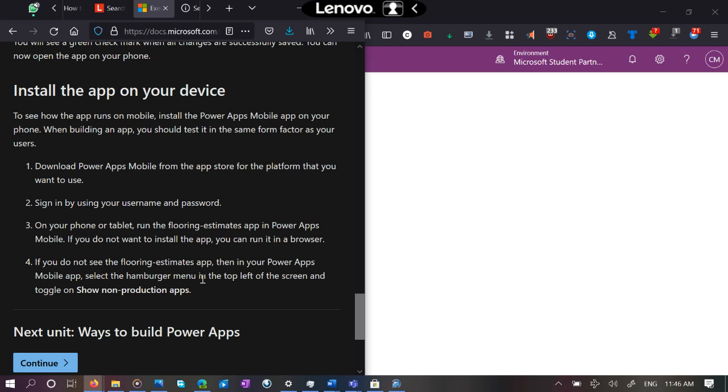If you do not want to install the app, you can run it in a browser like we're doing now. If you do not see the Flooring Estimates app, then in your Power Apps mobile app, select the hamburger menu on the top left and toggle Show Non-Production Apps.